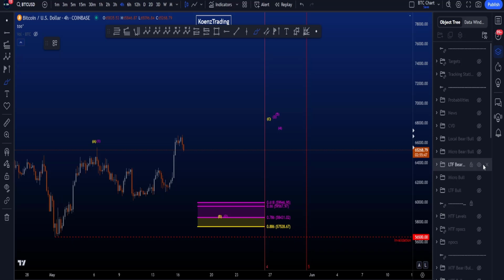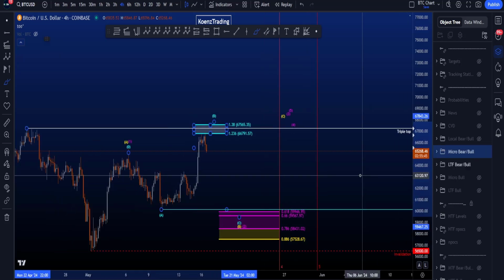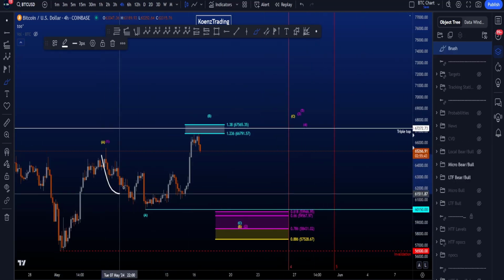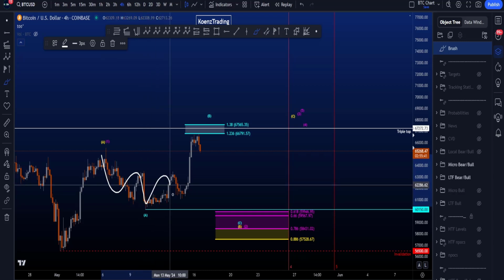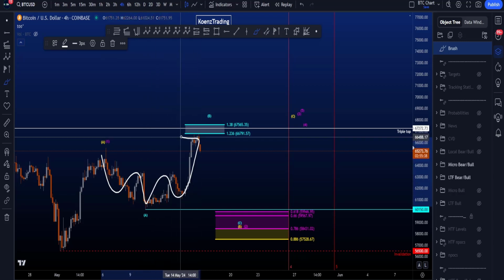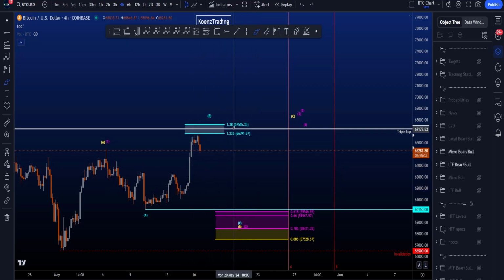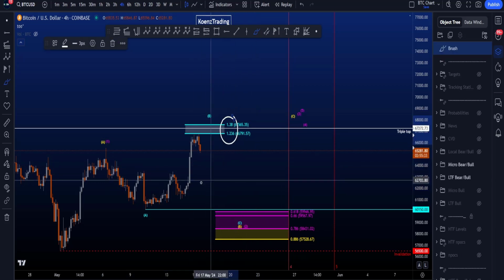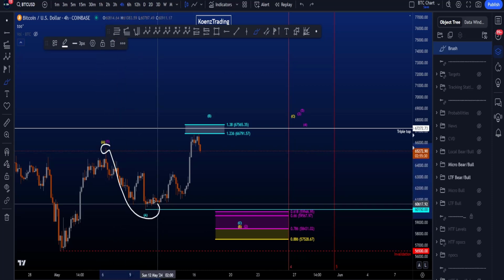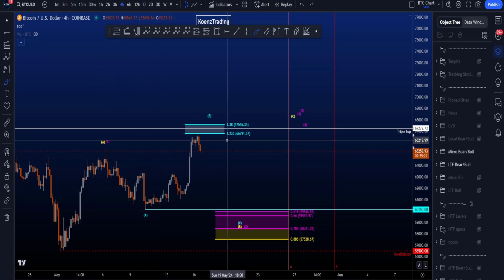Inside this wave B or 2, we're then looking for a 3-wave corrective structure in an expanding flat: a 3-wave move to the downside in a wave A, a 3-wave move to the upside in a wave B, where the most common target area for an expanding flat is between the 1.38 and the 1.236 Fibonacci, taken from the high to the low of A,